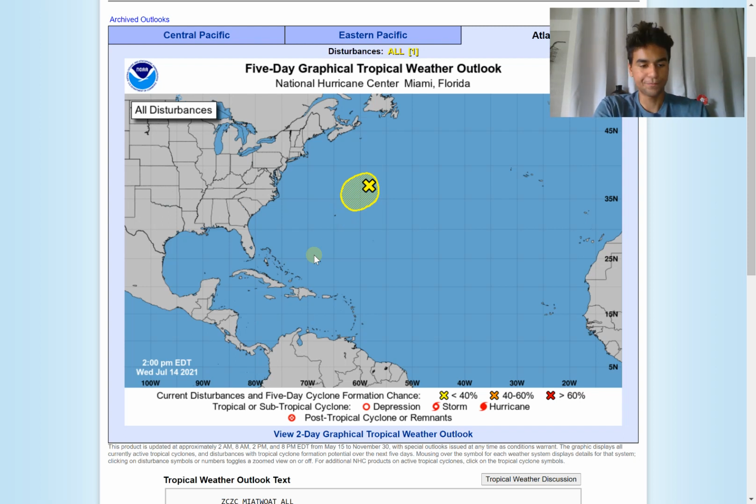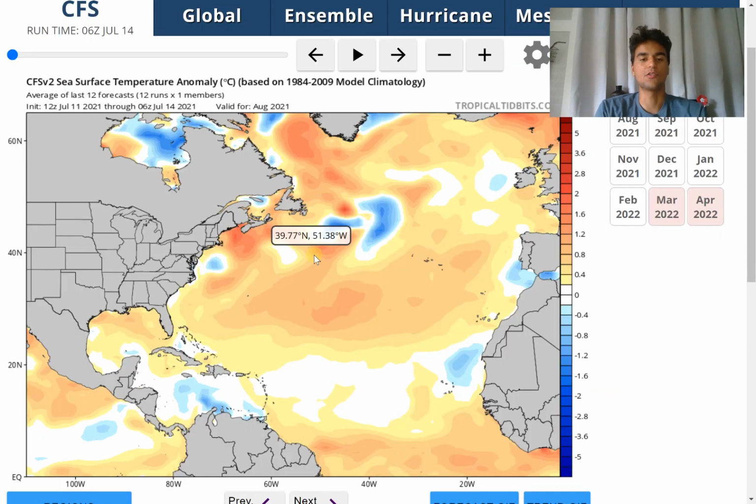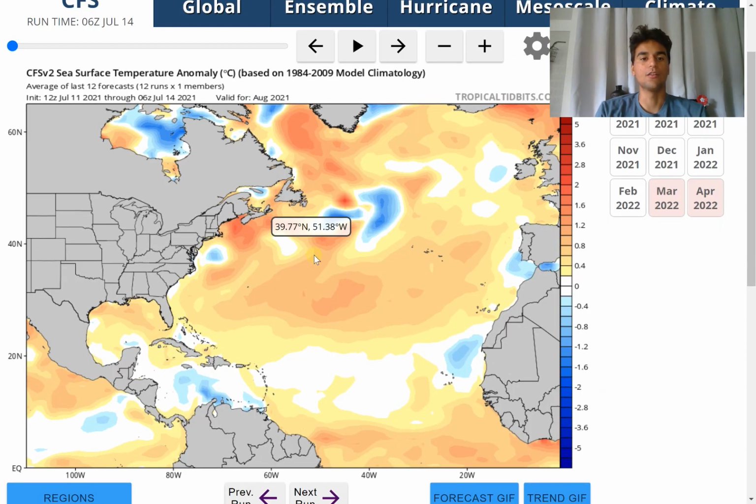But moving on to the sea surface temperature forecast for the Atlantic, you see that for the month of August, this is the CFS forecast for sea surface temperatures, which is a climatology model, and it forecasts conditions long term into the future. And you see that a lot of the northern Atlantic is experiencing warmer than average sea surface temperatures. However, you see that the main development region, the good news is that currently the CFS model is forecasting right around average sea surface temperatures in the main development region, with even a patch of below average just off the coast. However, this small patch doesn't really outweigh the fact that most of the Atlantic is warmer than average,